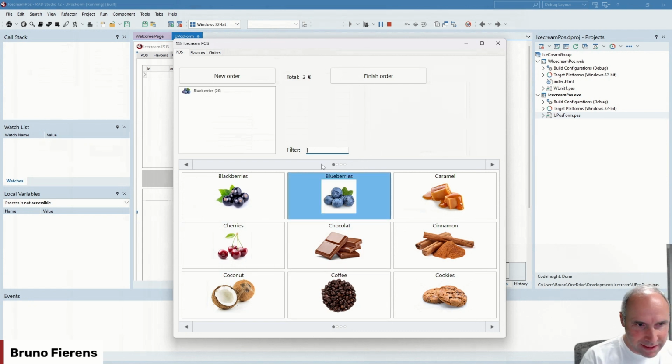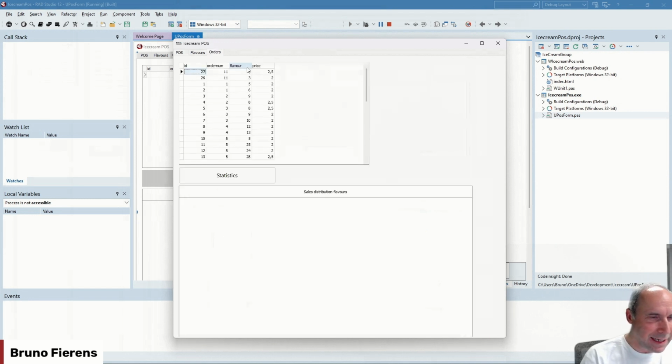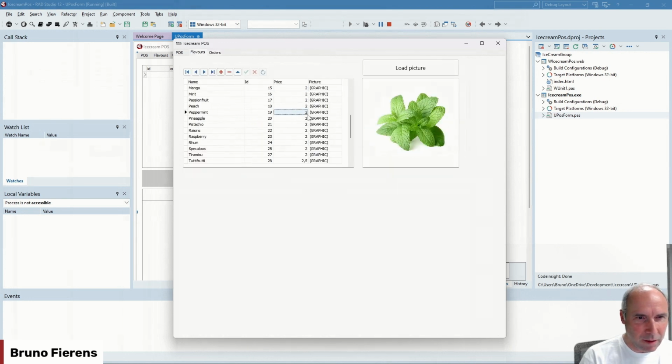When I click on blueberries, when I click on coconut, that will be my order here, in this case for 4.5 euros. And when I finish this order, everything is actually stored here in the orders detail table. So this has been order number 11, and I have ordered two flavors. These are the indexes of the flavor, and this is the price of the flavor. And you can see here that I also manage in this column the price of each flavor for the ice cream. So that's it. That is the VCL